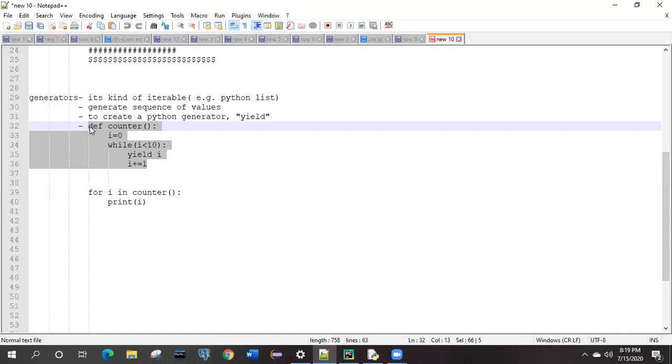That's it, because we didn't specify any condition and other things over there, right? So yield is behaving like print only. Working wise, it is almost the same as print, right? Yes.